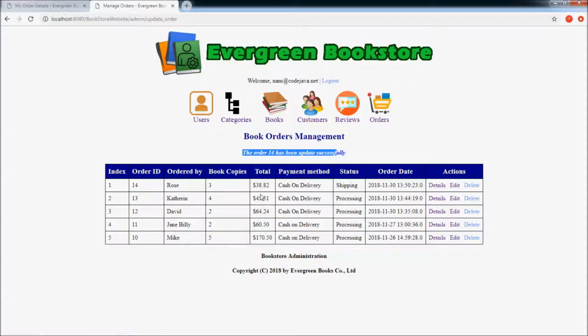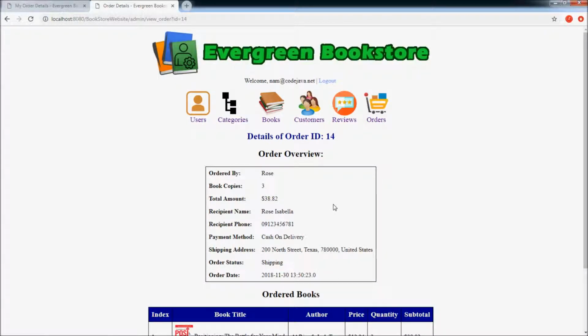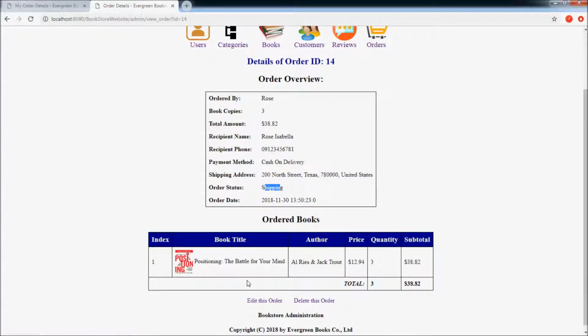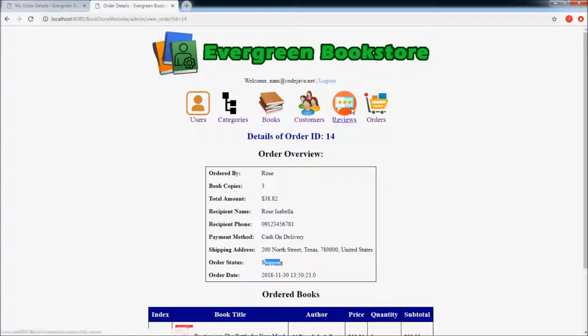And now let's check. You see the status is shipping, and let's click details to see. You see recipient name changed to Rose Isabella, phone changed, status changed, and the book remains unchanged. Very good, right? So as an admin user or the manager, I have updated the order status, and now as a customer Rose,